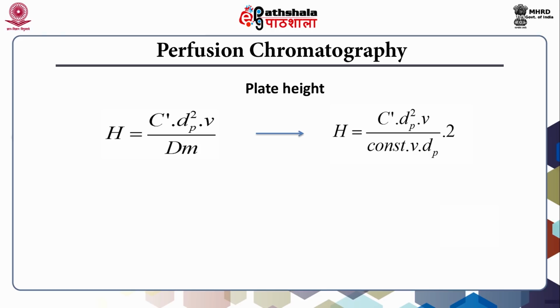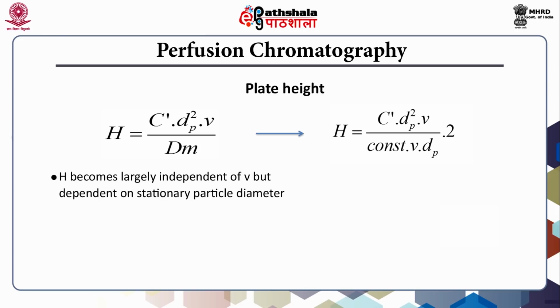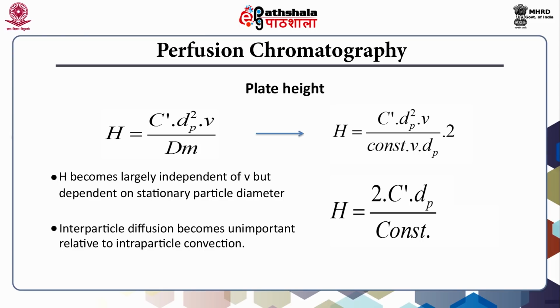So, overall, by substituting the diffusion coefficient of the mobile phase with the convective component, the height of the theoretical plate becomes largely independent of the flow rate V, but it depends upon the particle diameter, because the particle diameter is in the numerator. Similarly, interparticle diffusion becomes unimportant relative to intraparticle convection. Therefore, perfusion chromatography is an alternative to HPLC to obtain results with high flow rates without losing any